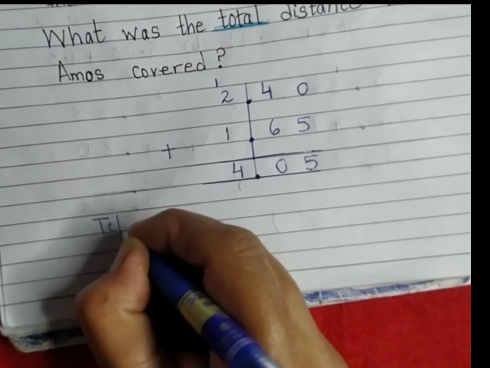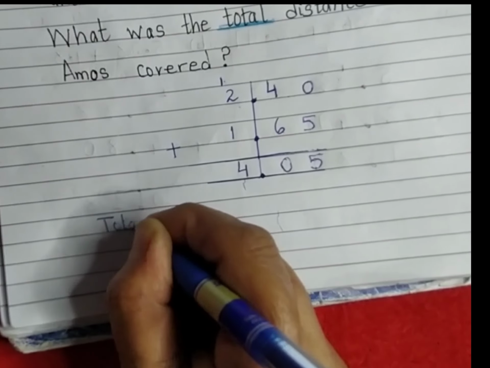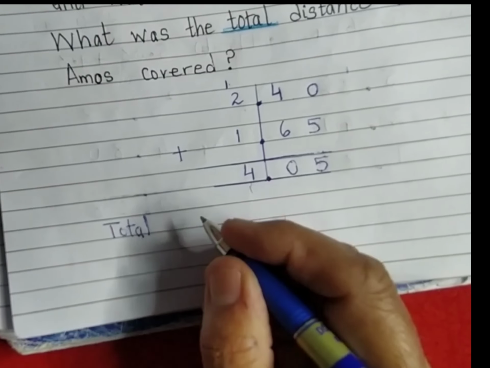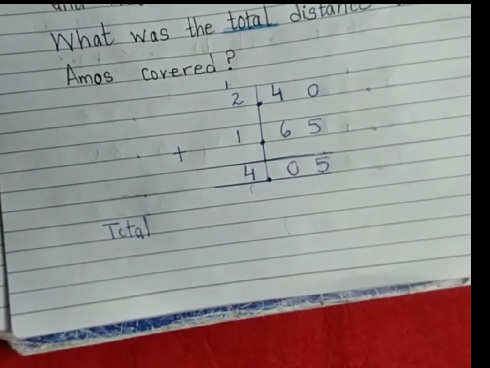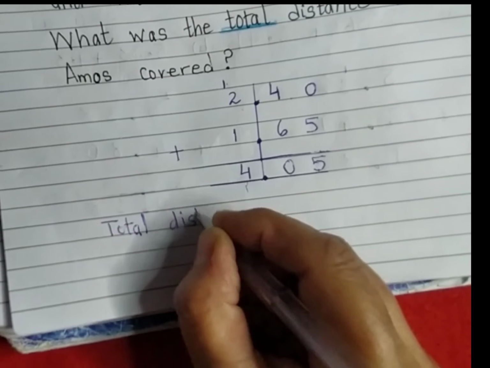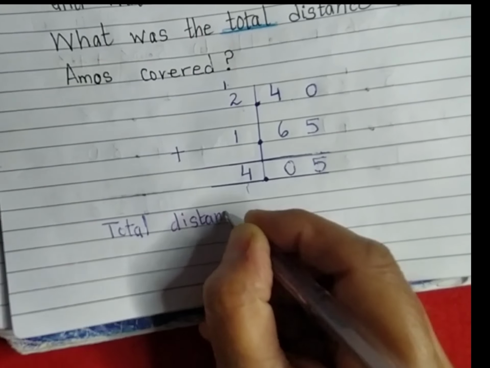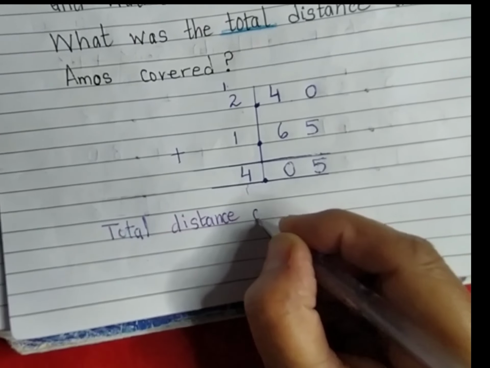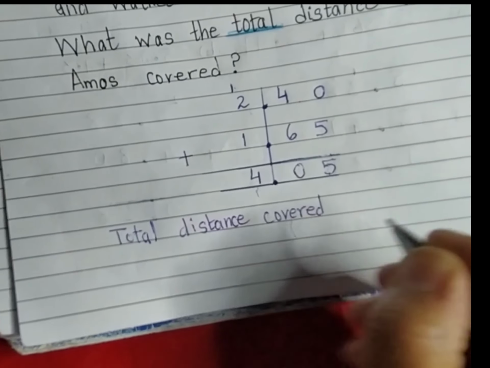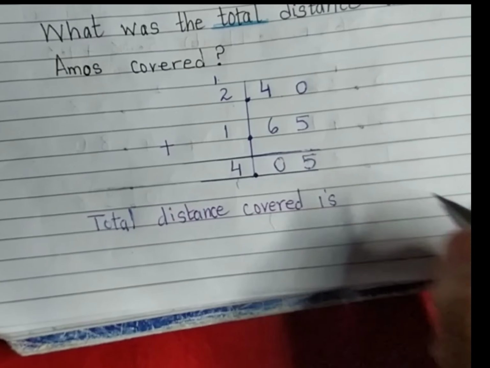Total, if you want to make it short, you may write like this also. Total distance covered is